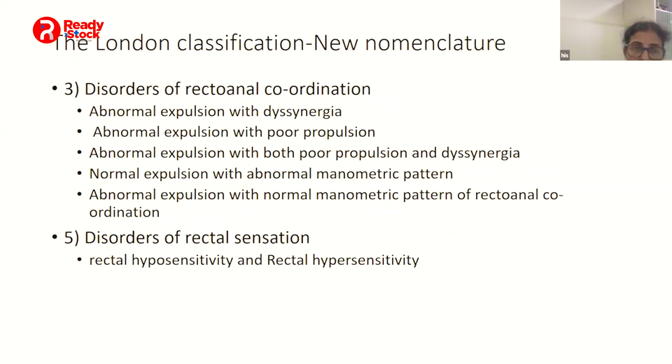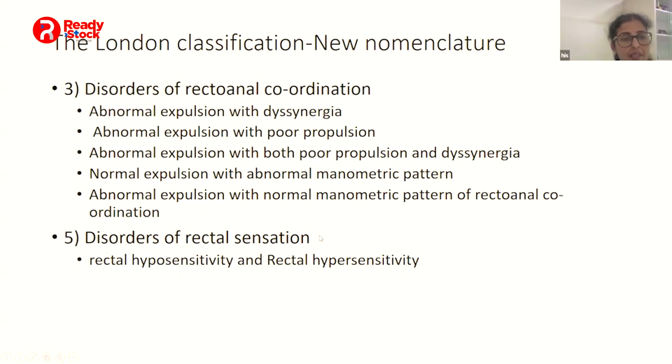Now, again, we know in our older classification, dyssynergic defecation, some authors say there are 3 types, some authors say there are 4 types. What does dyssynergy essentially mean? In the response to an adequate rectal propulsive force, there is either an abnormal increase in anal sphincter pressures, or failure of relaxation of anal sphincter. One type is also associated with ineffective rectal propulsive force itself. So these were the types of dyssynergic defecation. Type 1 is paradoxical contraction, type 2 is when there's a failure of relaxation with adequate rectal propulsion, and type 3 is inadequate rectal push, which helps to propagate the stool past the anal canal,